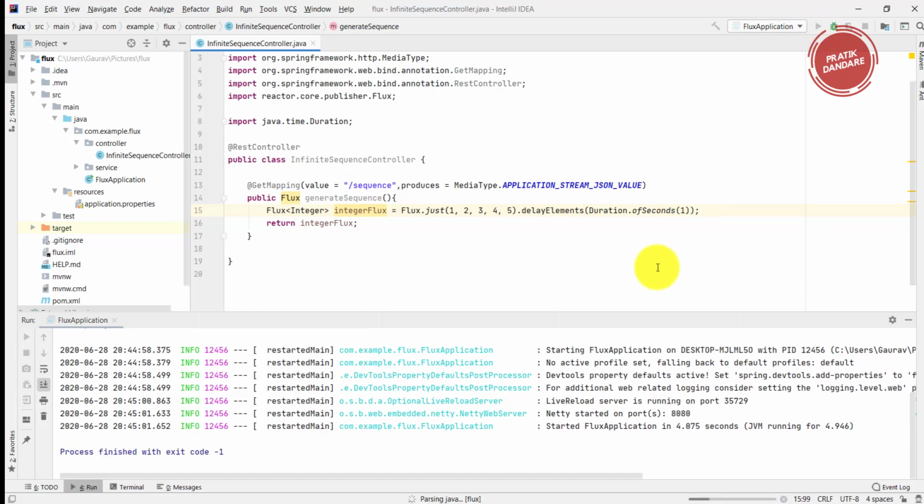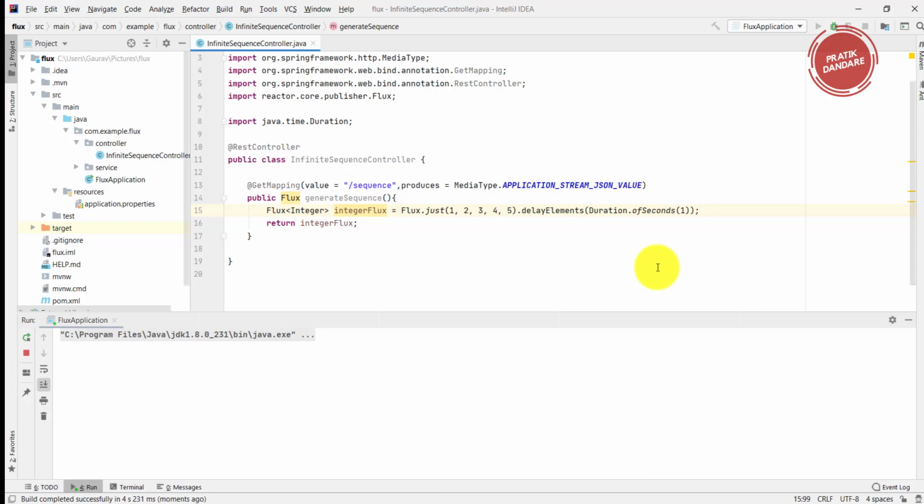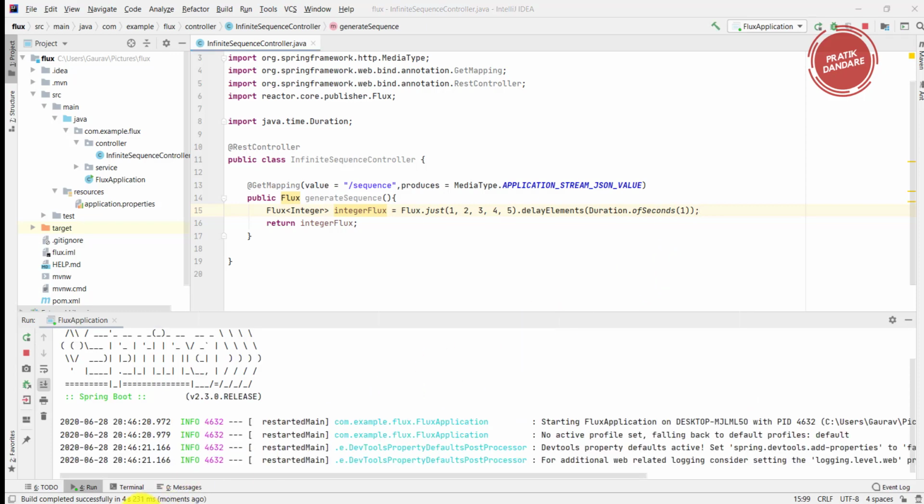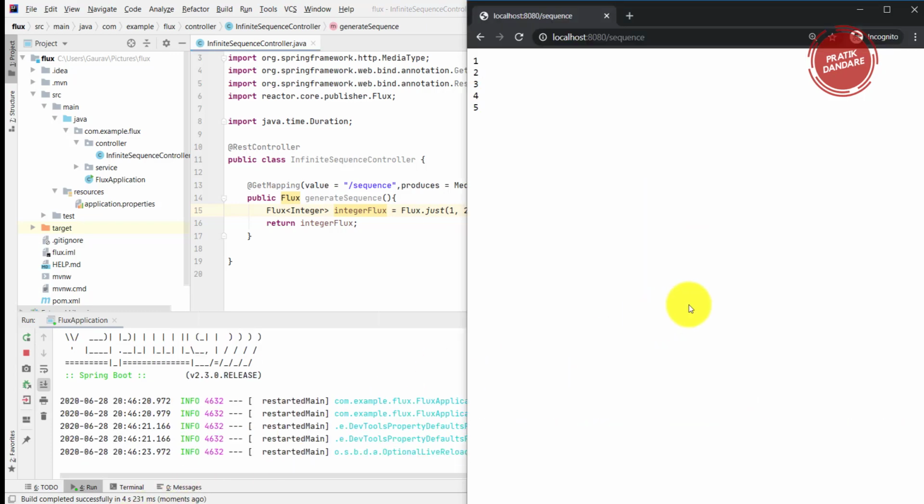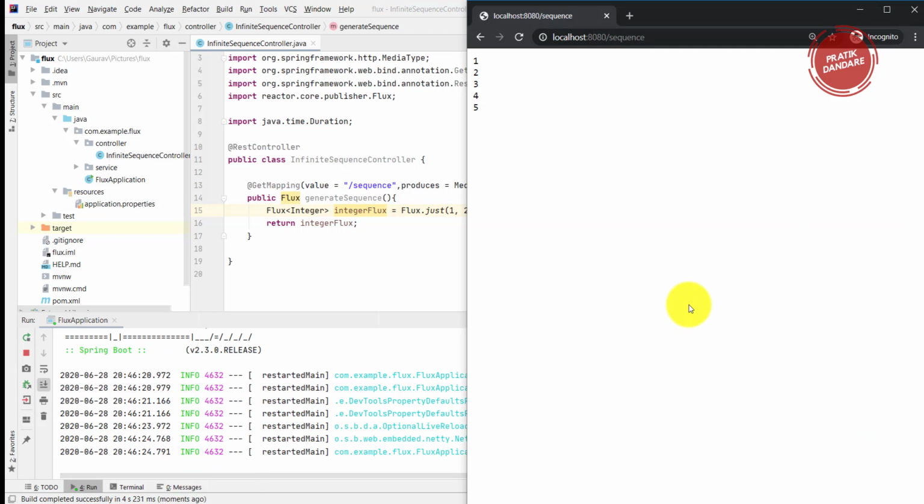It's running. Now let's refresh this. What we are getting here is actual streaming data.